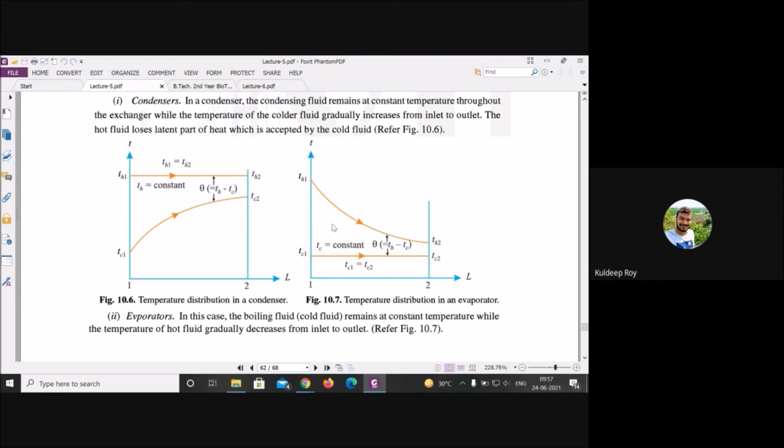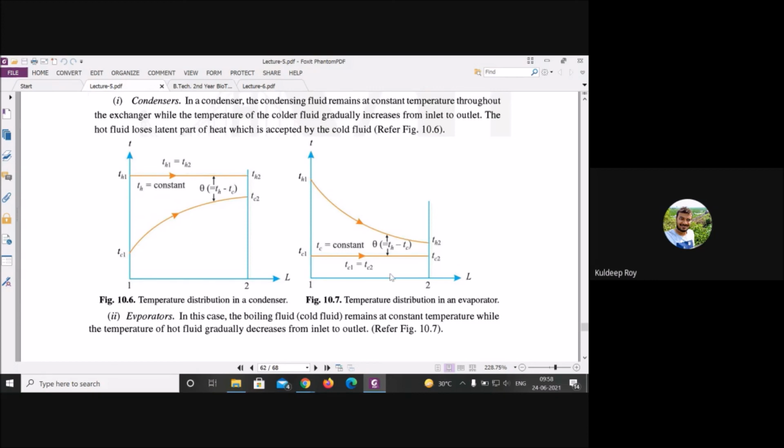And what is the working principle of the evaporator? It works on the principle of low pressure. Low pressure means when you add any kind of refrigerant liquid, it gets converted into vapor. That is the difference between both. Here you are converting steam to liquid, and here you are converting liquid to vapor. That is the basic working principle of condenser and evaporator.